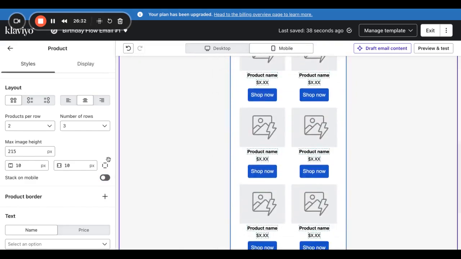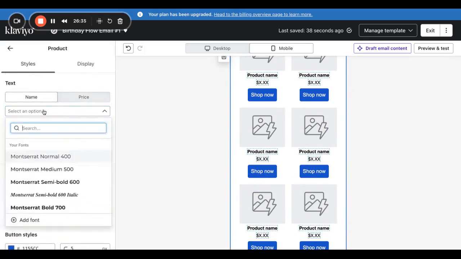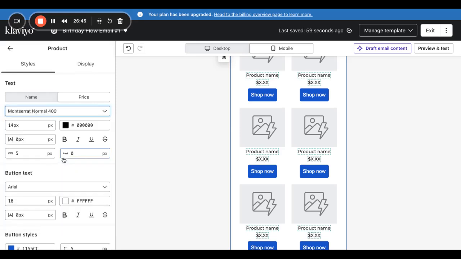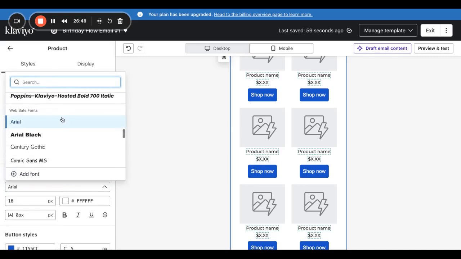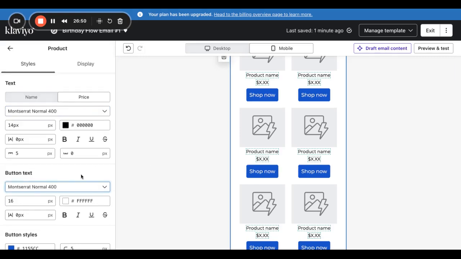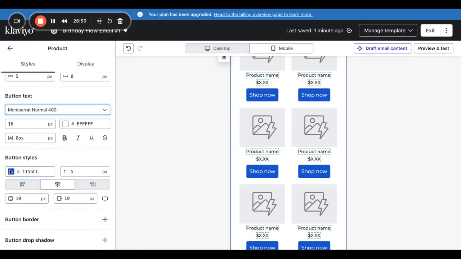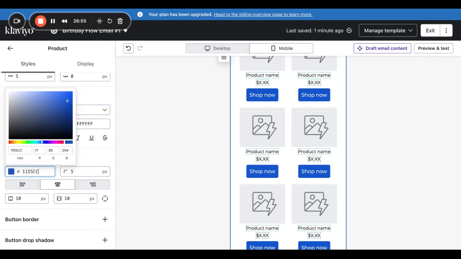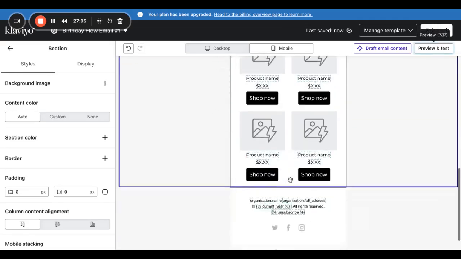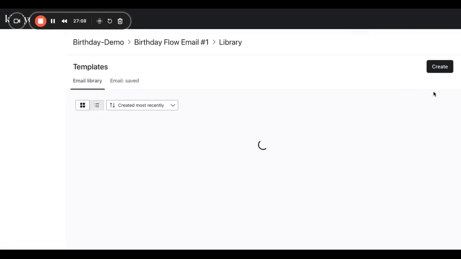All right. So the next thing is you want to make sure that your text is on brand. So for this brand, this is our text color, our font. And you want to make sure your price, everything, all your font looks the same. The button text, we want to make sure that is our brand font. And then your button styles. Always make sure you change your button colors to your brand colors. So for this brand, black and white is brand color. So we're going to change that to black. All right. And then essentially, I